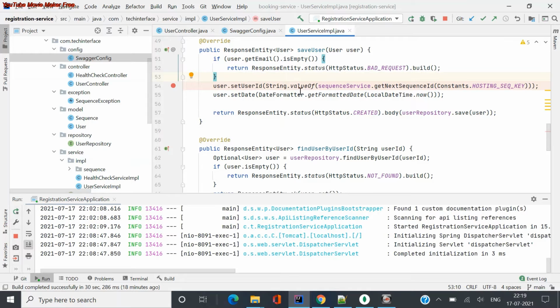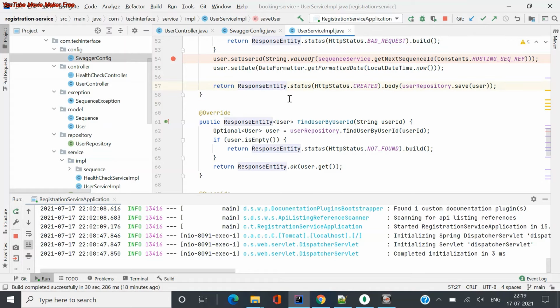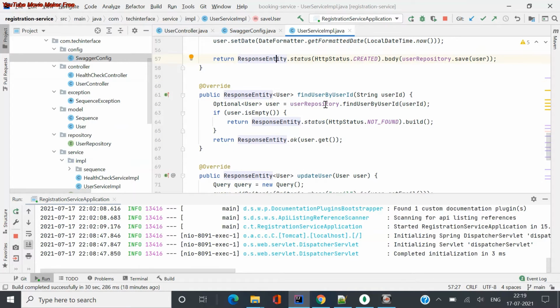So if you see, I just added a few of the setters here and I just created it using save user. Once it is successful, it just sends back that it's created and it's successful, it's a 200. So sending those response entities is very important. As I said, this is not a hard and fast rule, but these are the general best practices we need to follow, so that this will give a uniform or organized way of developing these REST APIs, and your UI will not change based on your request type. It just gives you the code and the request type, and you can pass it over there.